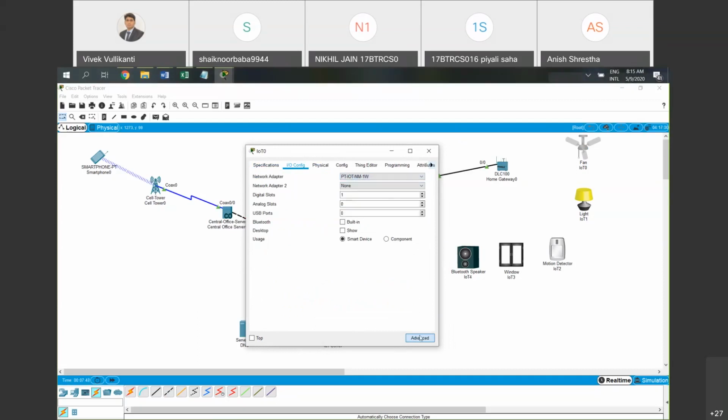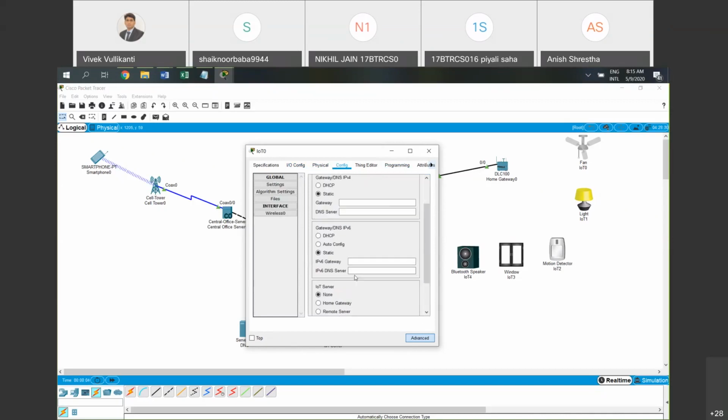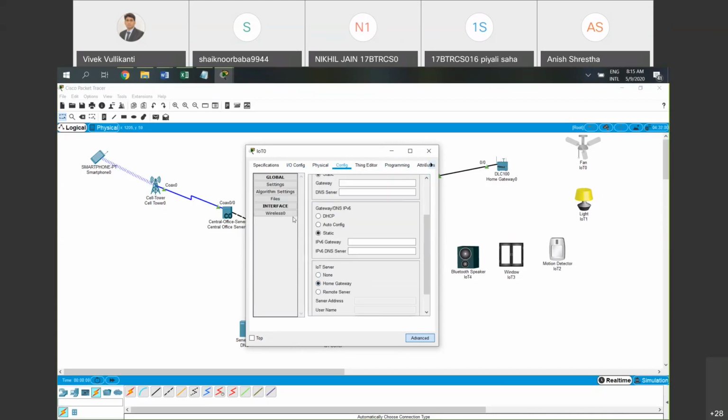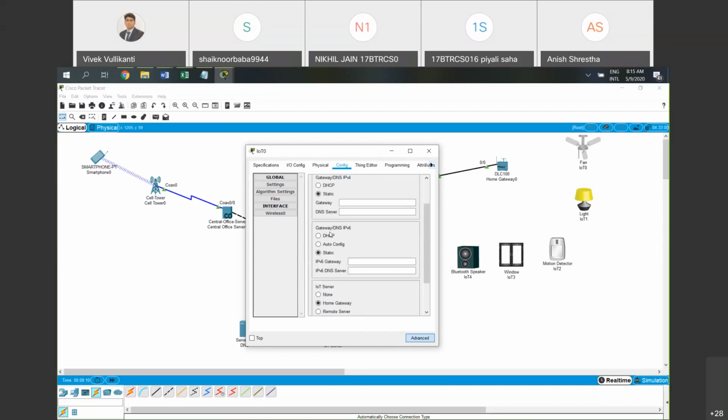Now, as of now, it will not connect. In the earlier case, it used to directly connect to the home gateway because at that time there was no password, no authentication to be provided to the home gateway. So now, since we have set the authentication, it cannot connect by default. Once we enable the wireless adapter, we'll go to the config. Then we'll say it has to connect to the home gateway. Probably it should ask for the